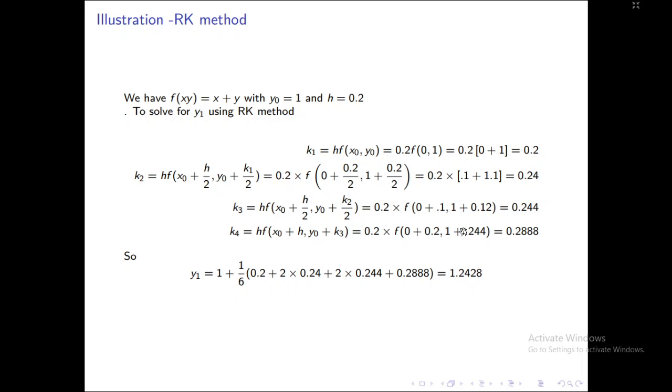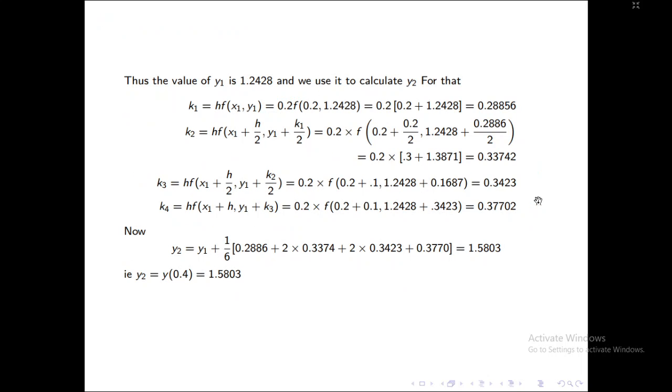So whenever we get values of k1, k2, k3, k4 which contain more than 4 decimal places, we can round them to 4 decimal places. And to calculate the value of y2 using the value of y1, it's again y2 is given by y1 plus 1 by 6 into k1 plus 2k2 plus 2k3 plus k4, and we start with calculating values of k1, k2, k3